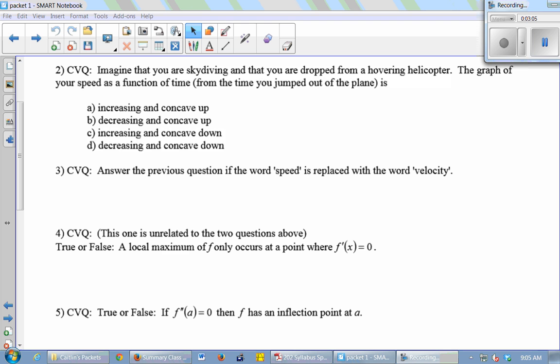It's going to resist the force of gravity, and you're going to continue falling faster, but until you reach terminal velocity, which means then you're going to be falling at a constant speed. Right? So you're going faster and faster, but then you're not slowing down, but your rate of change is slowing down, which means you're concave down. So increasing concave down